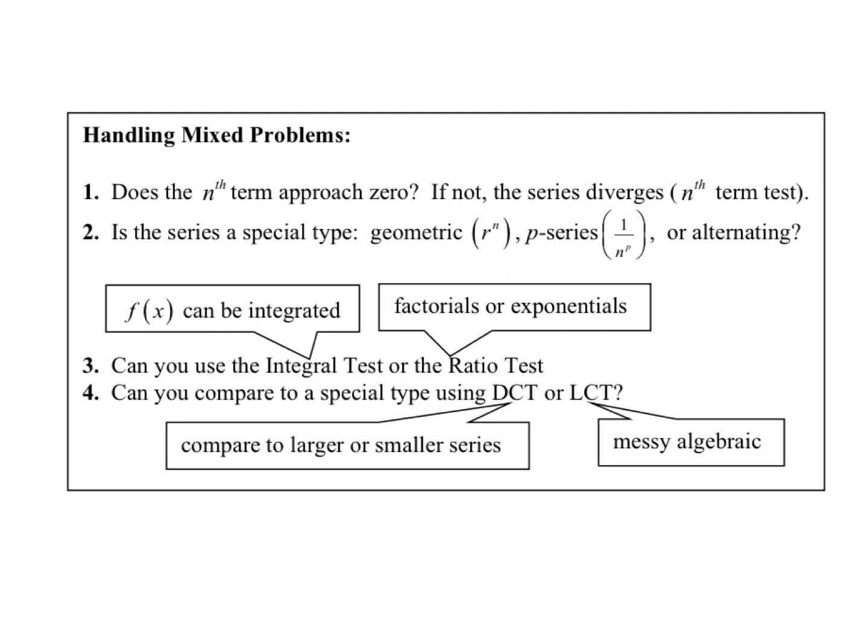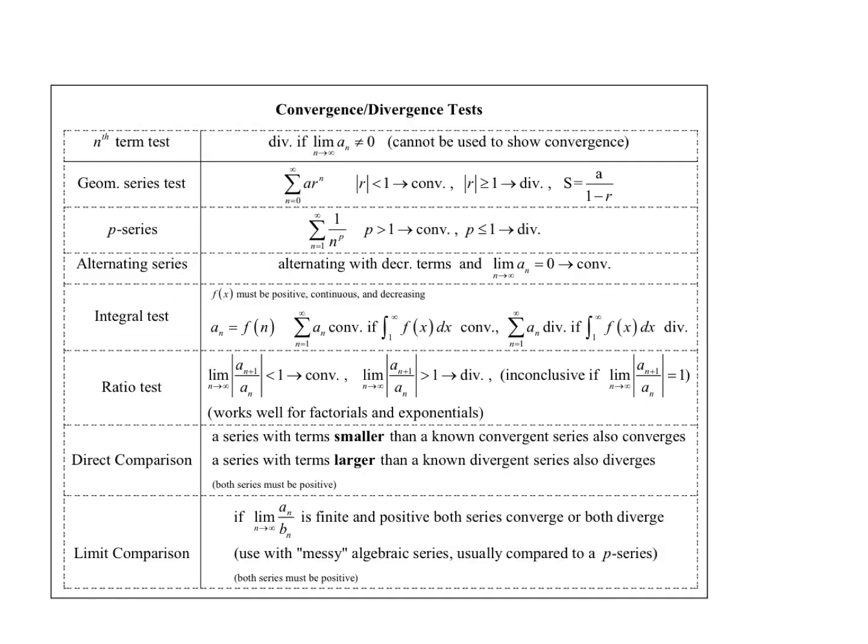Can you compare it to something else that's simpler and basically close to the same thing? Those are the kinds of questions we need to start asking ourselves. And there we go, we have them all. There is the list of all the tests. As we move forward toward the exam, it's going to be trying to figure out, when do I use what? Because now we have all the tests that there are. Okay? So let me go back to